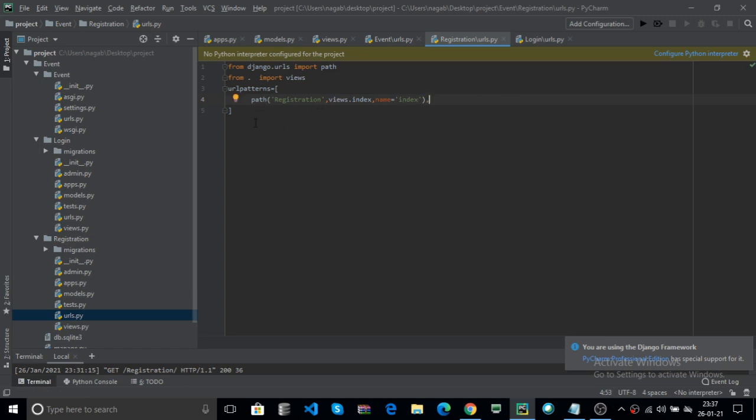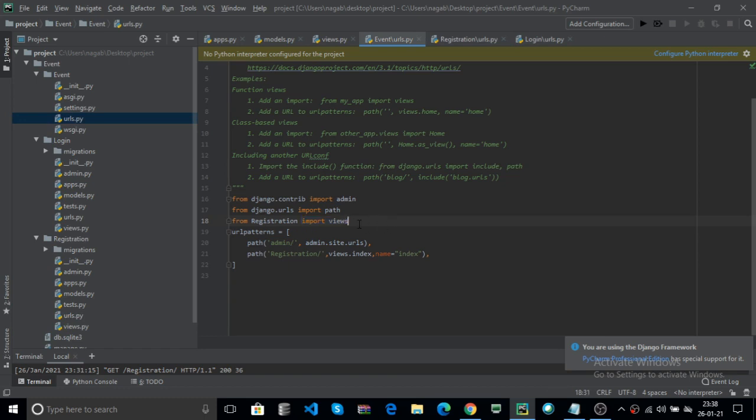This means all your app urls are placed into your app's urls.py only. Finally, you can add your app to your main urls.py. Now how? Instead of using this and this, I am directly adding my registration app to the main urls.py. Here the registration app contains a thousand urls, and I am adding only one url in the main urls, that is the path.